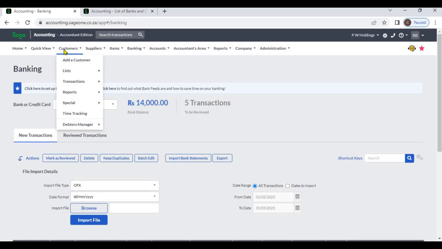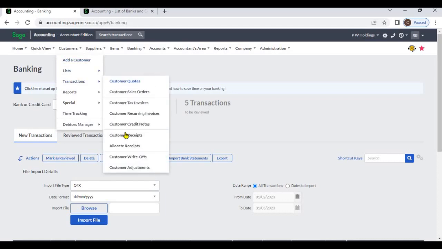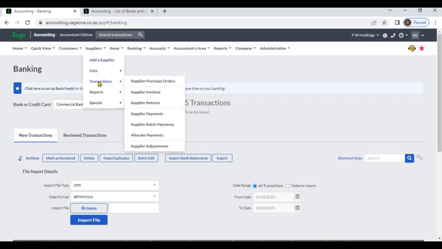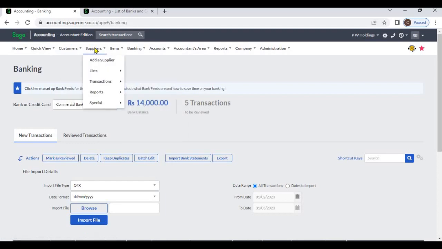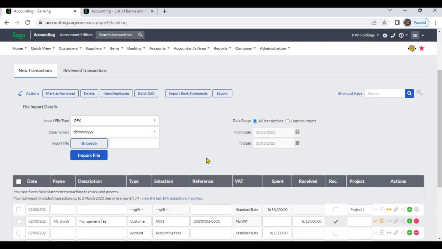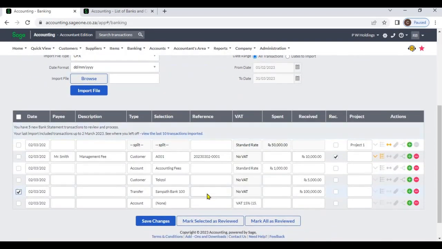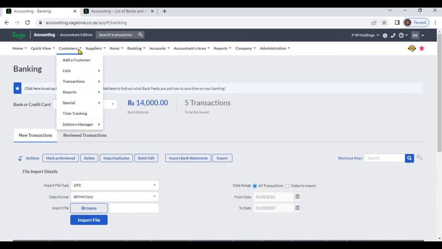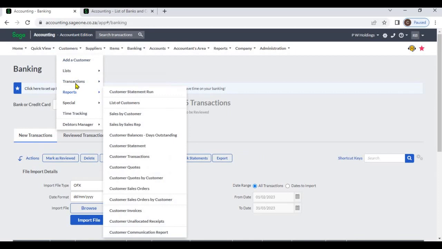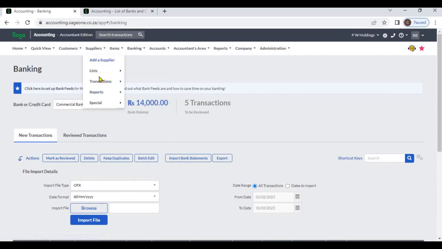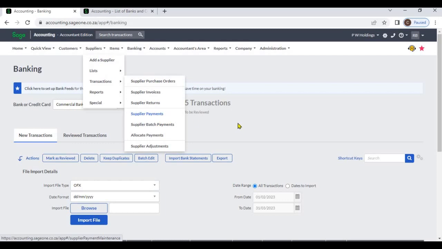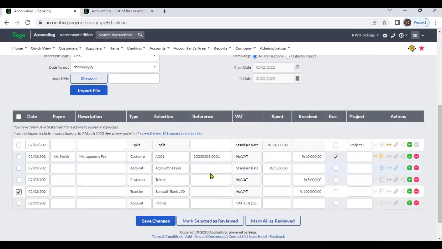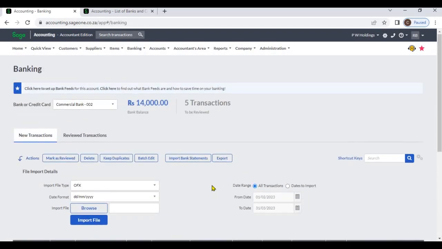If you enter any customer receipts or supplier payments from customer modules and supplier modules, those transactions are also updated in these bank transactions. If you enter any bank transactions from customer and suppliers, such as customer receipts and supplier payments, those transactions will update in bank transaction. So you don't want to enter banking transactions. Okay,